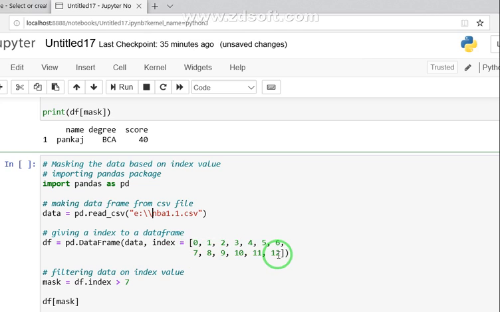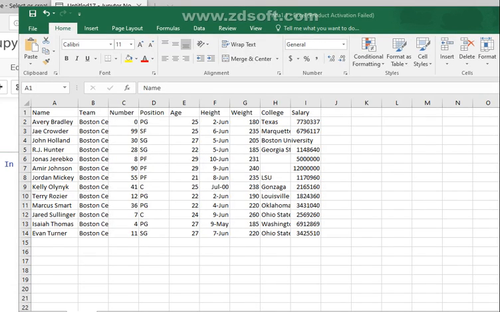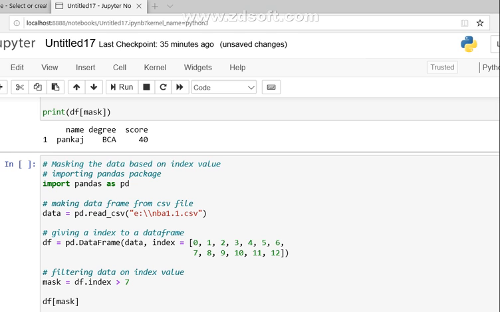We can have a look at the file. Here students, you can see that the nba1 file contains the records of just 13 players. These are the 13 index values I have supplied here.